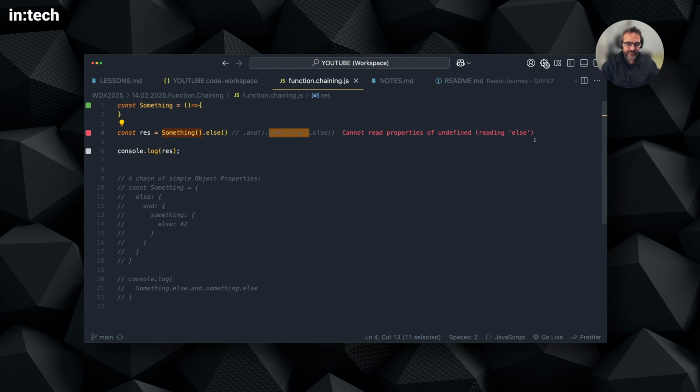This is a very, very common error that you will see in the browser, which means that the thing on the right is a property access. You're trying to access a property from the thing on the left, which in this case is undefined. So this error means that you're trying to read the property else on the right from a thing on the left, which is undefined. So here's what I'm trying to do here, which is of course not